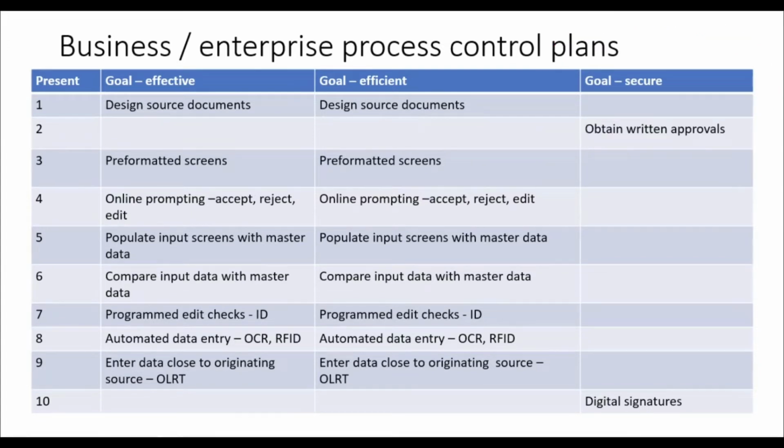So examples of enterprise process control plans are designing source documents to become effective and efficient, obtaining written approvals to become secure, pre-formatted